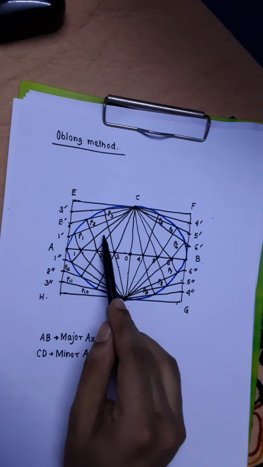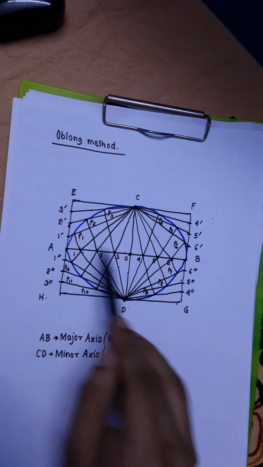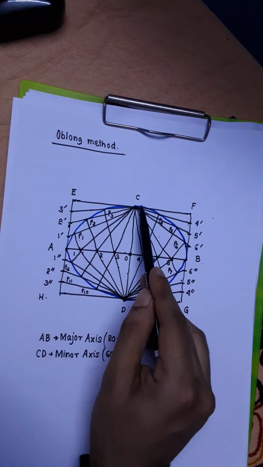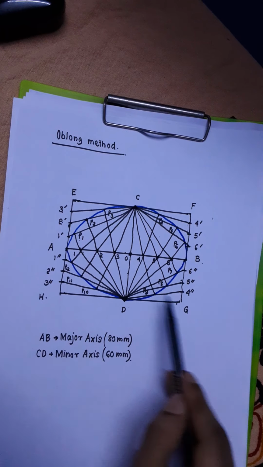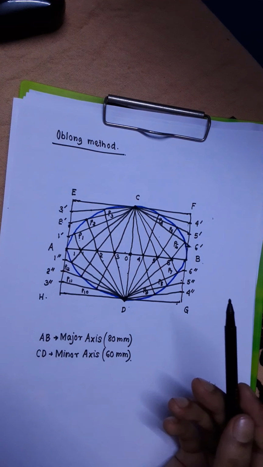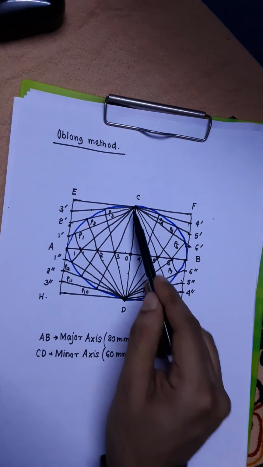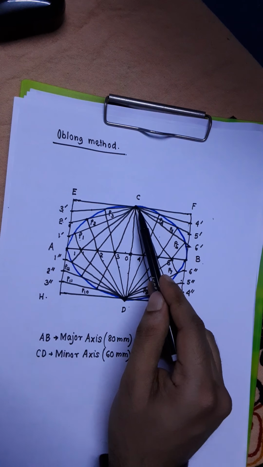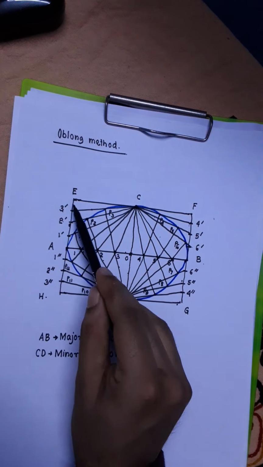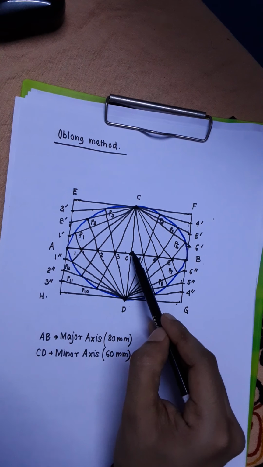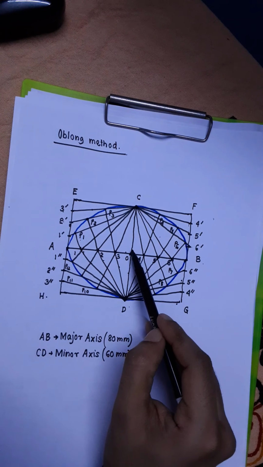After that is done, you will see that you have got 4 quadrants, namely EAOC one quadrant, COBF another quadrant, BODG another quadrant, DOAH another quadrant. Okay, now first you take the quadrant EAOC, which will contain 1/4 of the ellipse. In this quadrant you take the sides EA and AO. Divide EA and AO into the same number of equal parts. Here EA and AO, both the sides have been divided into 4 equal parts.